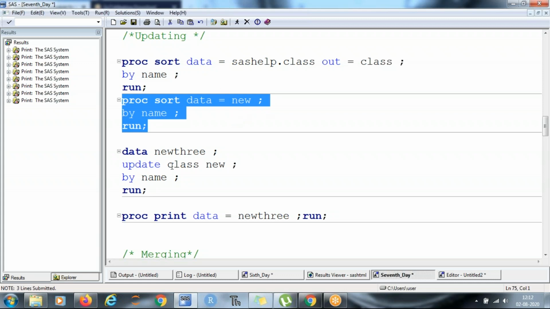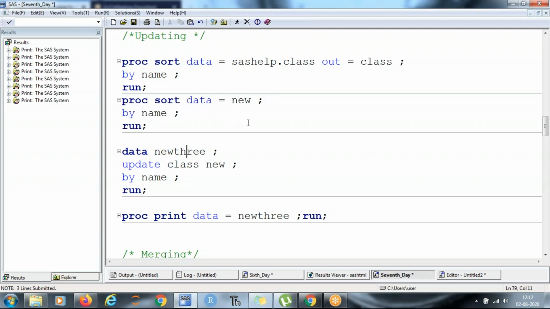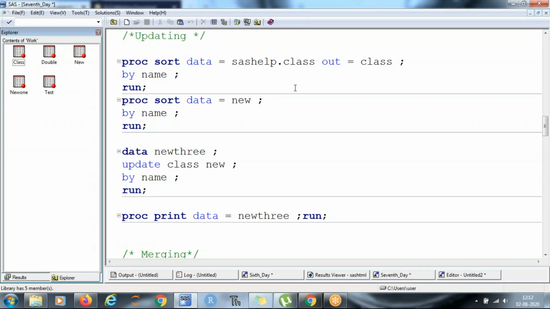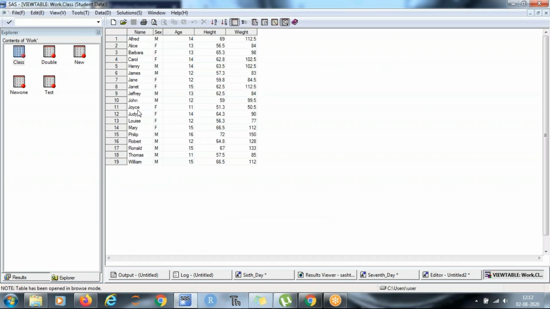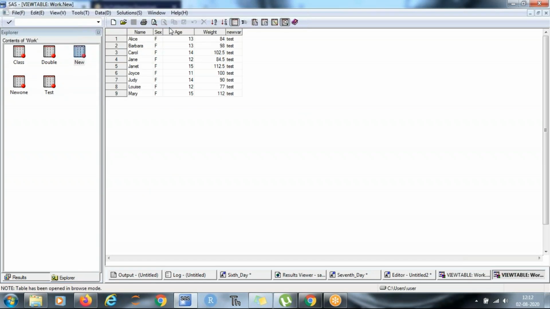Alright, so before I show you the output of this, let me show you these two data sets. So class and new, this again we are going to use. So class contains the entire data, and this new contains. So I think I have changed one thing in the beginning.